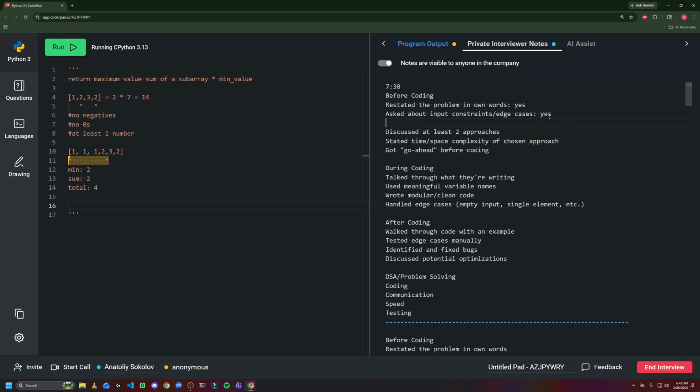Even in an extreme case, if you have a million ones and a 2, you'd obviously want to have the ones. Yeah, exactly. So maybe what we could do is just keep track of